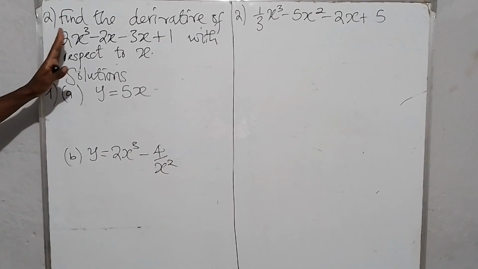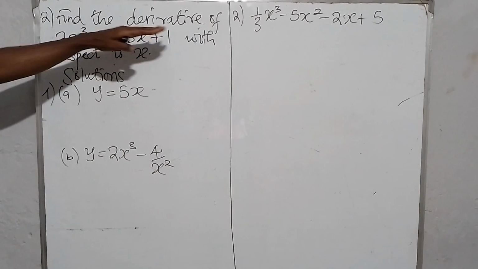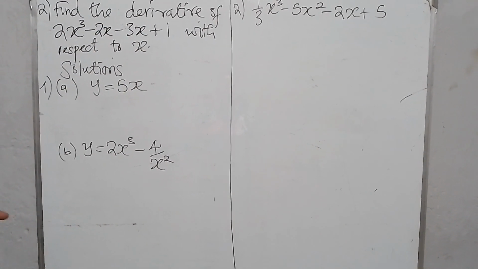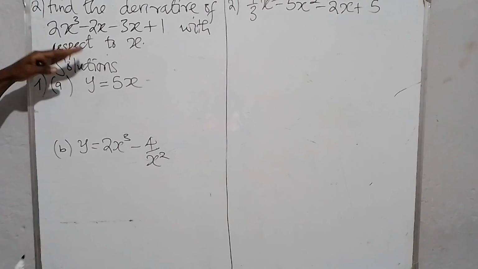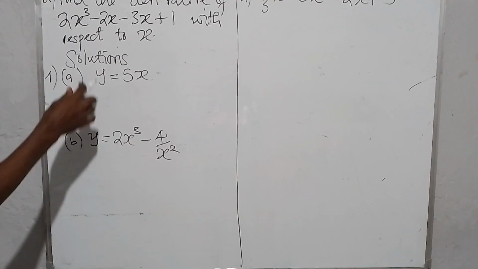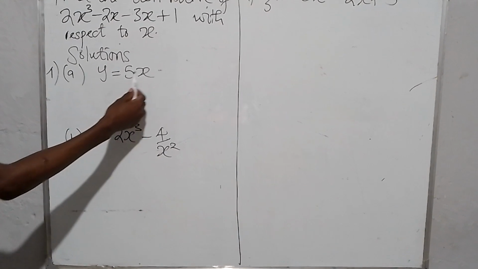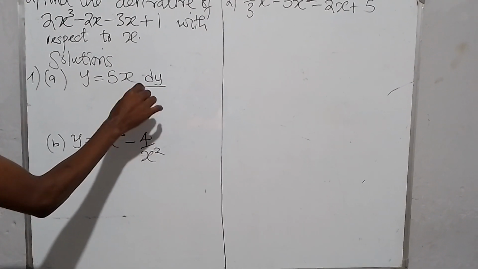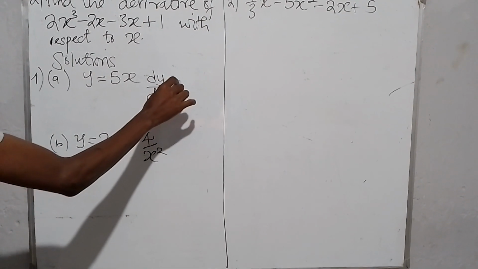So now you can see our number 2 is find the derivative of 2x cubed minus 2x minus 3x plus 1 with respect to x. And now the solutions to our examples for today, y is equal to 5x. So we are finding dy/dx. In order for us to find dy/dx, dy/dx is equal to, what